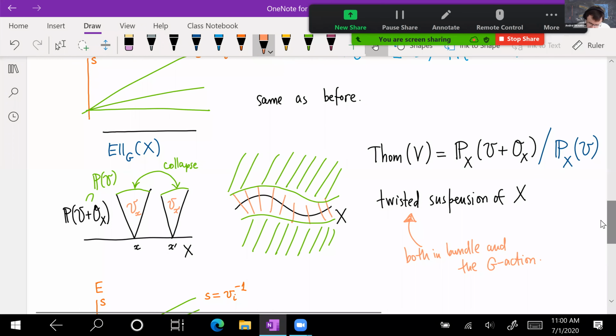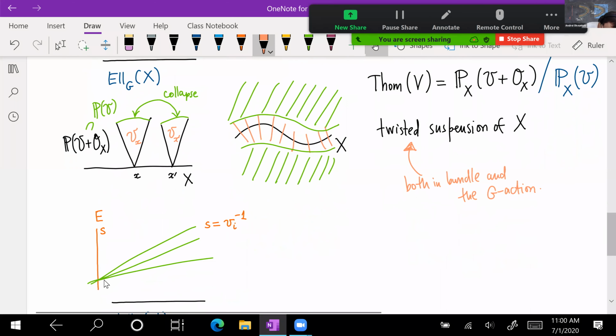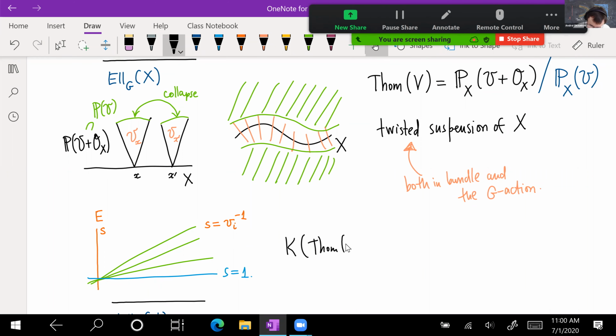A trivial piece has a trivial Chern class. So it means I also have a piece where S just equals 1, right? So in other words, the K-theory, or whatever, elliptic, so this would be the same in elliptic homology, but let's just write K-theory of the Thom space. What's it going to be? These are the functions on the whole thing. So this is a union of the green ones and the blue one